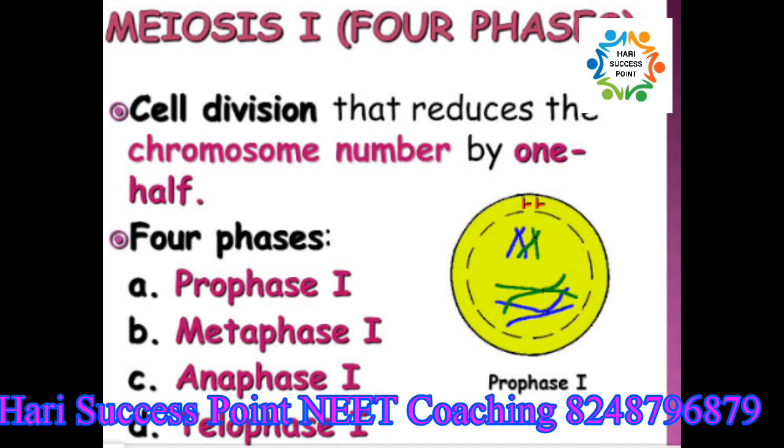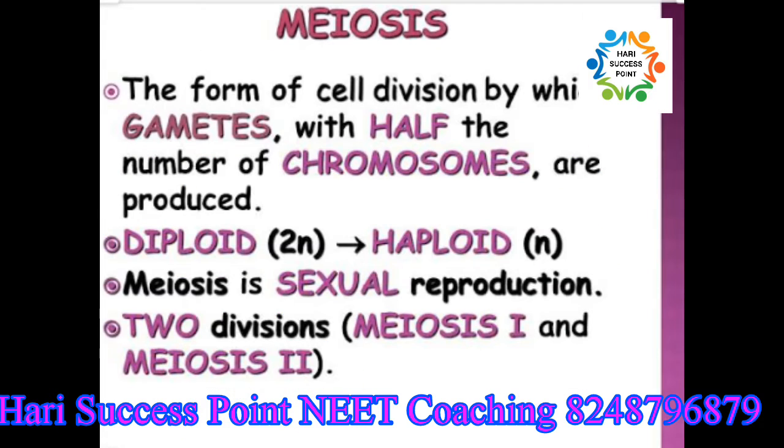The main features of meiosis are: meiosis involves two sequential cycles of nuclear and cell division called meiosis 1 and meiosis 2. It has only a single cycle of DNA replication. Meiosis 1 is initiated after the parental chromosomes have replicated to produce identical sister chromatids at the S phase or the synthesis phase. Meiosis involves pairing of homologous chromosomes and recombination between them. 4 haploid cells are formed at the end of meiosis 2.